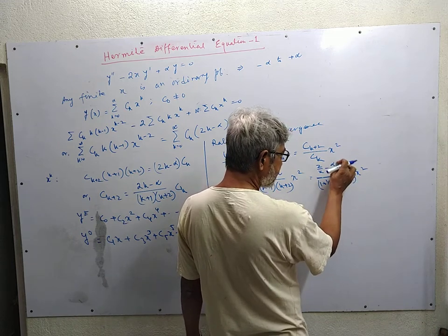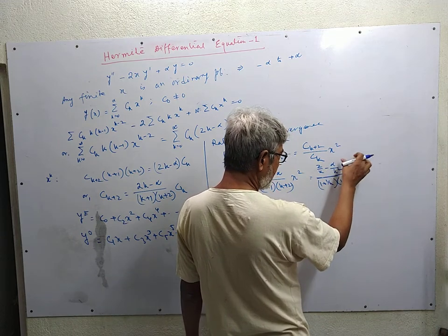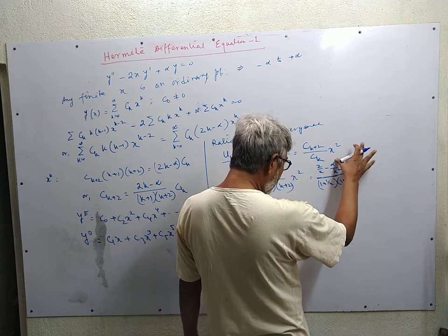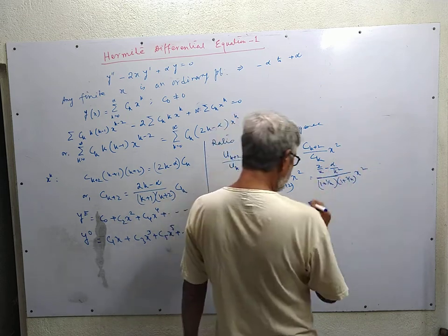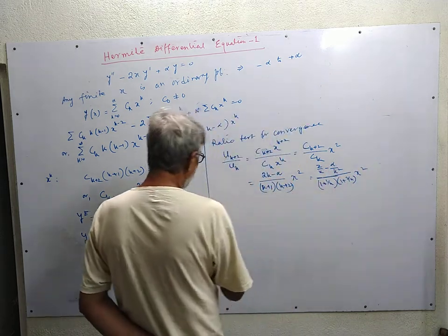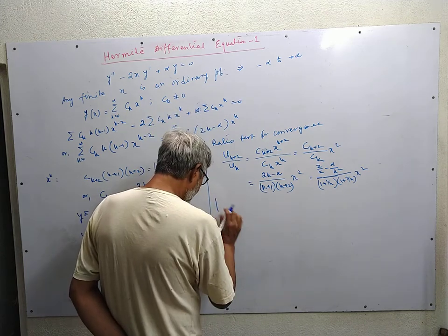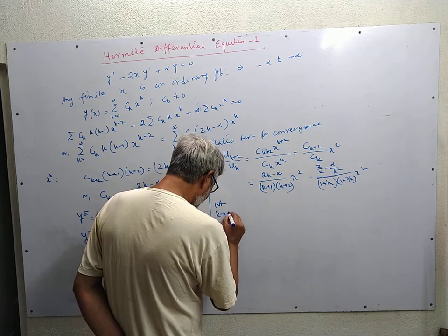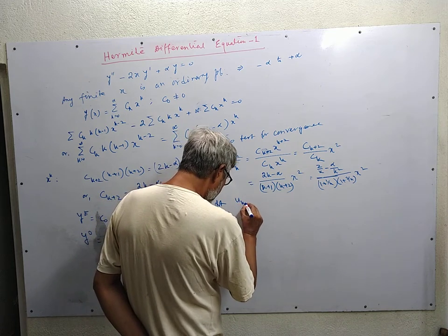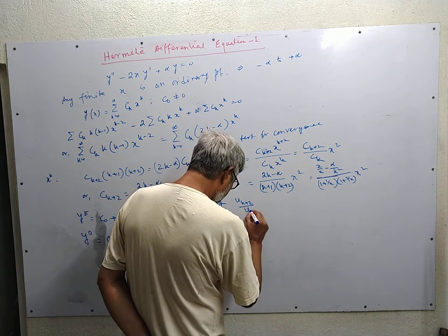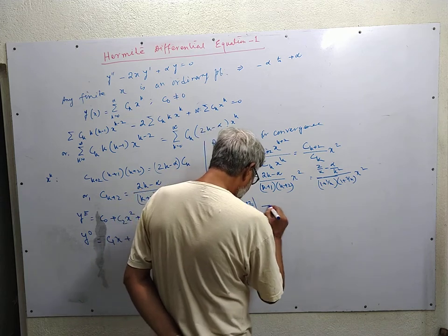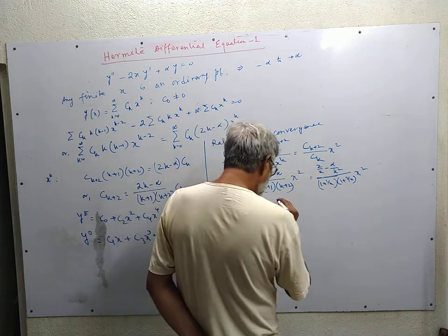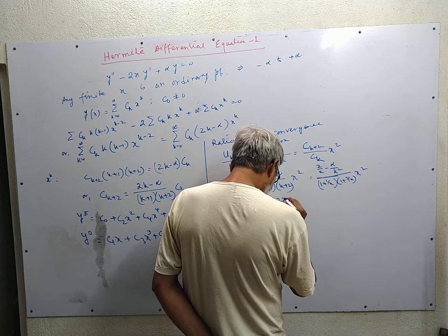In the numerator, since alpha is any finite quantity, alpha by k square goes to 0. So we get the limit k tends to infinity of u_(k+2) by u_k tending to this term, twice x